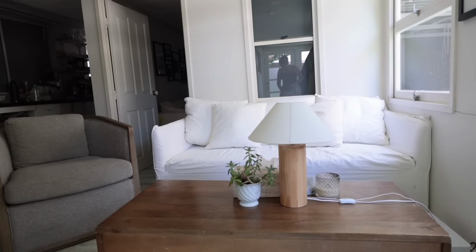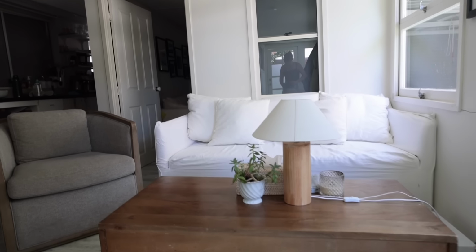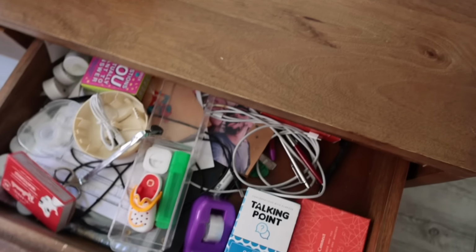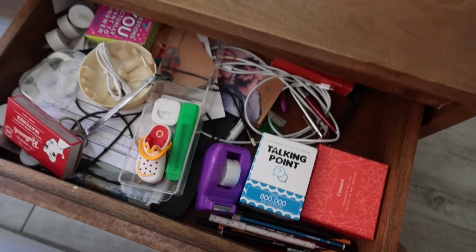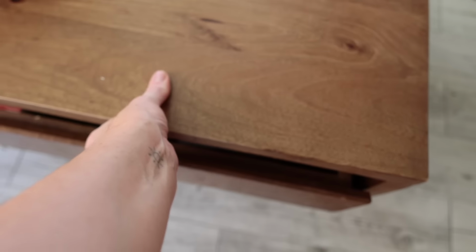Next is the coffee table in our lounge room. This actually used to live in Luke's area and at some point it was moved out and I never really cleaned out the drawers. They just became these junk drawers in the middle of our house filled with random stuff. Super not usable, not helpful, but they are in the center of the house, so they really should be useful